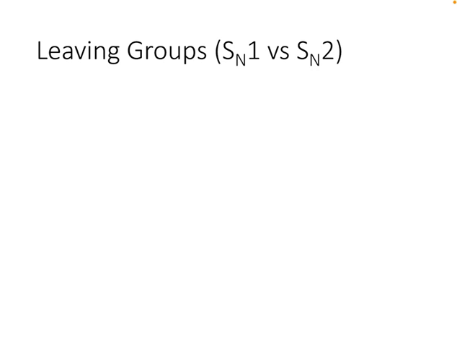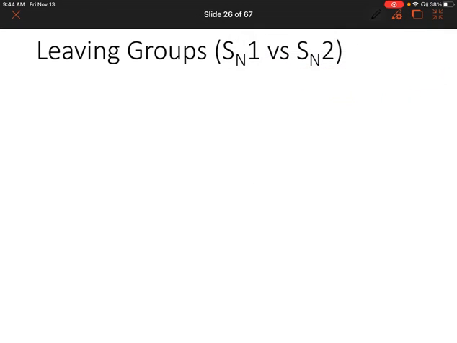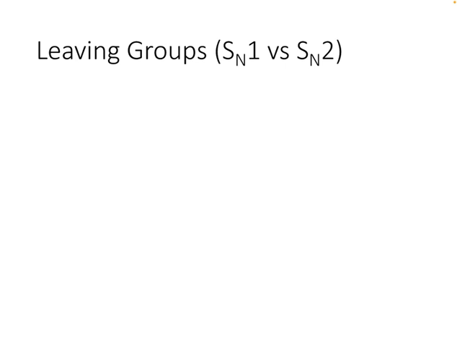Hi everyone! In this video we are going to go over leaving groups, which is the last topic that really affects SN1 versus SN2 reactions. So remember, in an SN1 reaction, the first step is the leaving group leaves, and that's the rate determining step. So leaving groups are really important for SN1 reactions, because the rate determining step depends on how quickly that leaving group can leave. So let's write that leaving groups